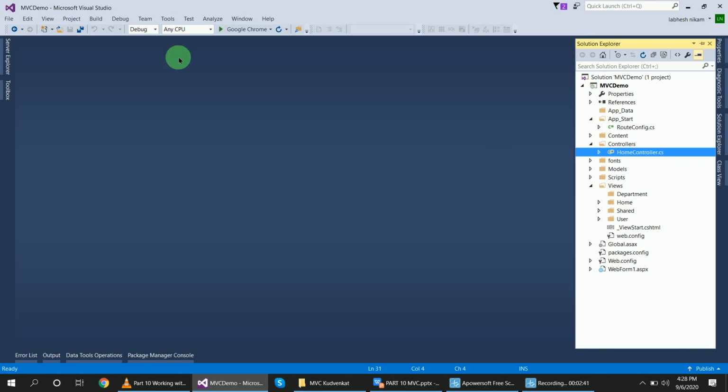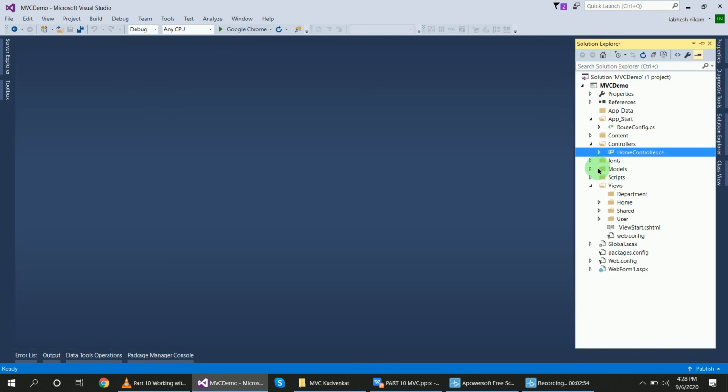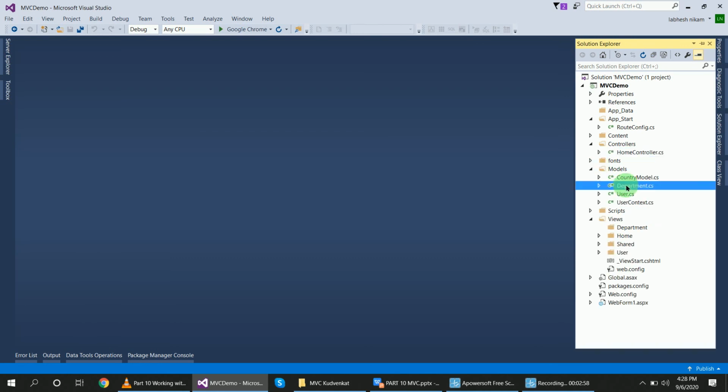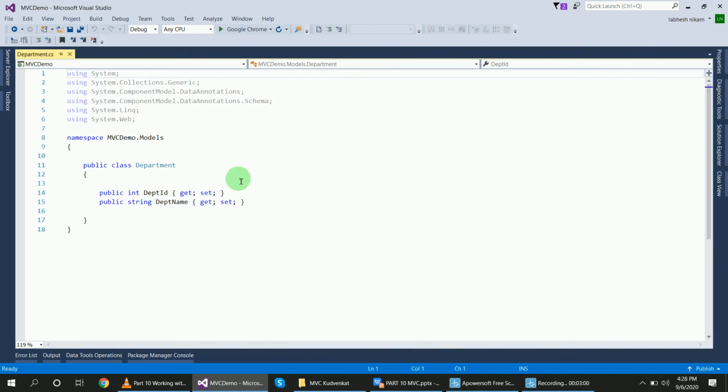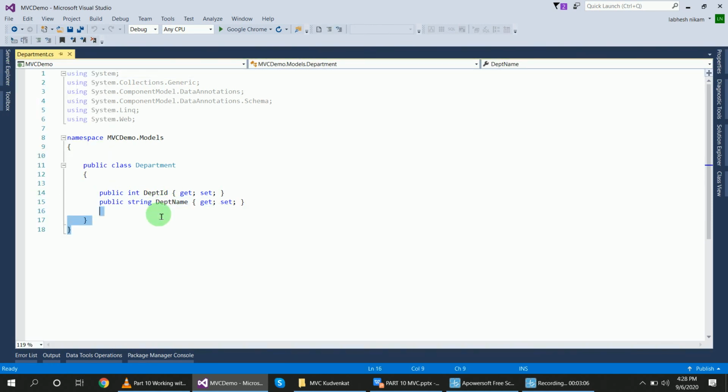So this is my application, and inside this application I am using the TBL user and TBL department tables. First I will create the models for them. First I will create the model of the department class. In this class there is the department ID and department name, right?